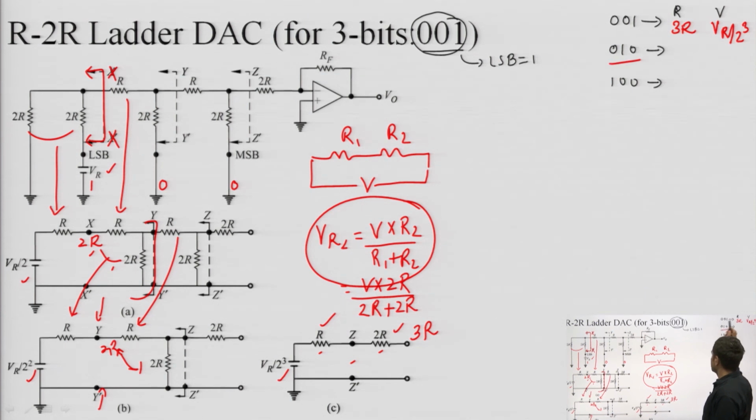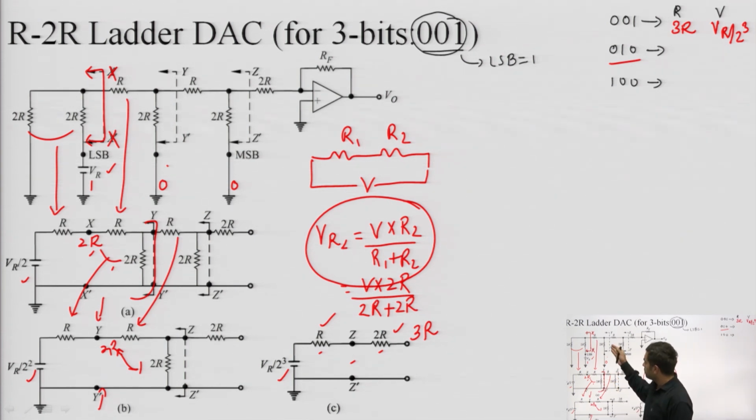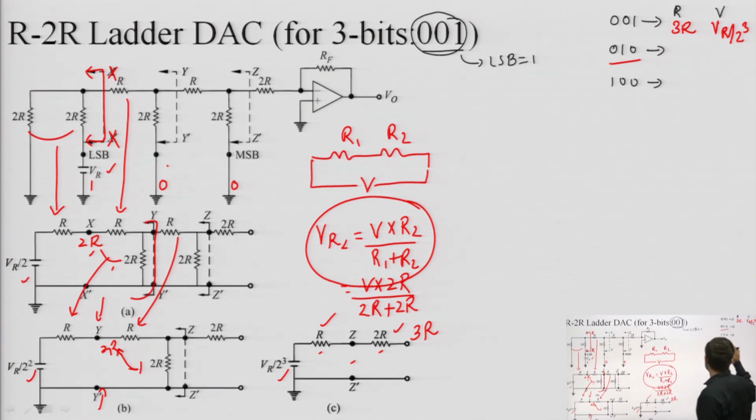Similarly, if we take the case for 010, we can see that the voltage will be applied here. So for that the division will not take place at the first branch. If division is not taking place at the first branch, then in that case the voltage will be divided for the first time on the YY interface and second time on the ZZ interface. So it will be divided by 2 only 2 times. So in that case voltage will be VR by 2 square, and resistance is going to be identical for all 3 cases, because resistance is simply positioned on the same places.